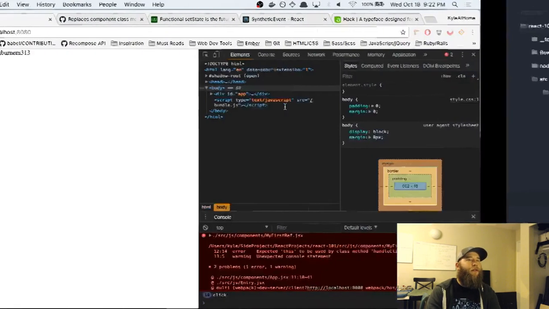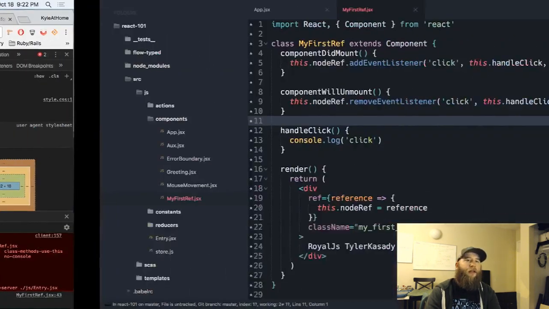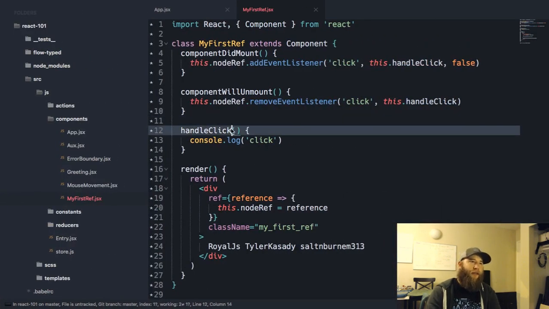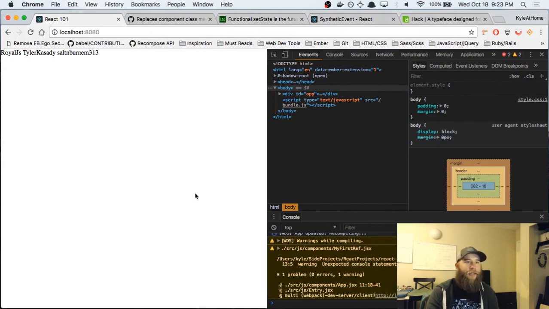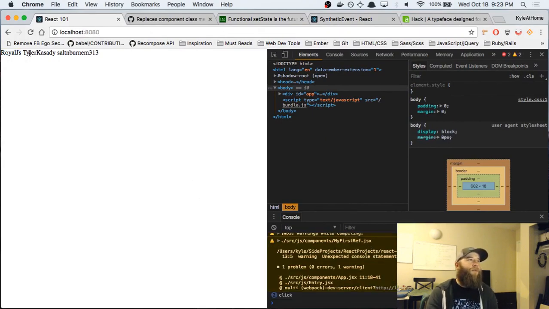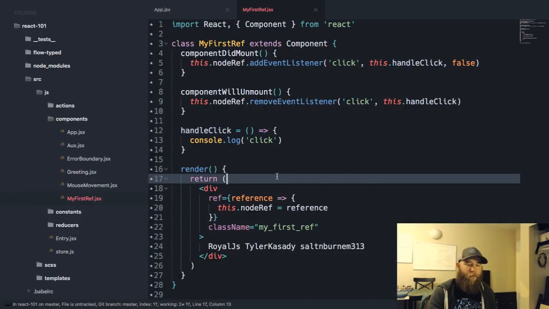Oh, well, this should work just fine. Oh, I see why it's saying that, because this should have been like this. See if I get that error to go away. We could deal with the unexpected console statement. Yeah, nice. Cool.